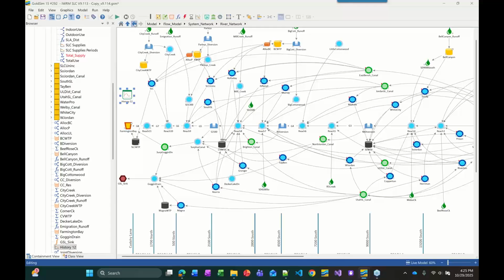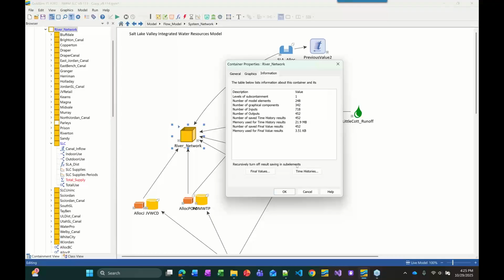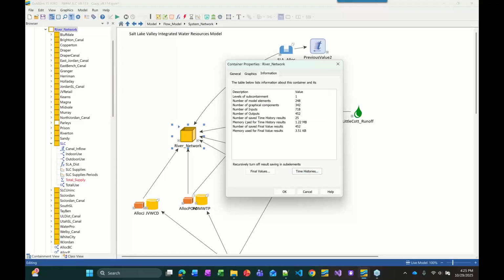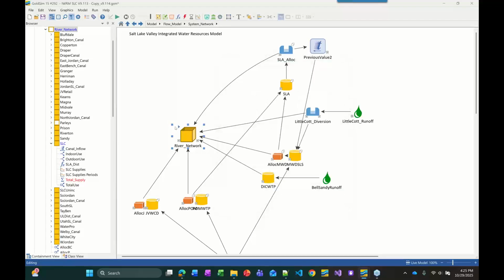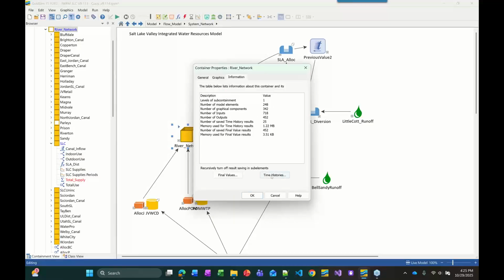And if that's the case, then you could come back to the container and say, okay, everything else, we don't need it. And so I can just turn off all time histories. And then all of a sudden, boom, this has gone down from whatever this was, 64 megabytes. Now it's down to 1. But that's kind of a big sweeping change that you cannot just recursively change back. And when I say recursively, what this did is when I clicked on this, it recursively goes through all the subcontainers inside of this container and turns off all the